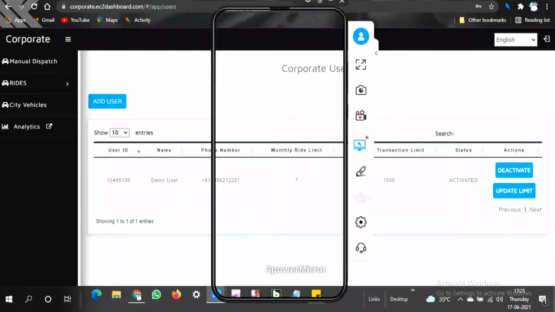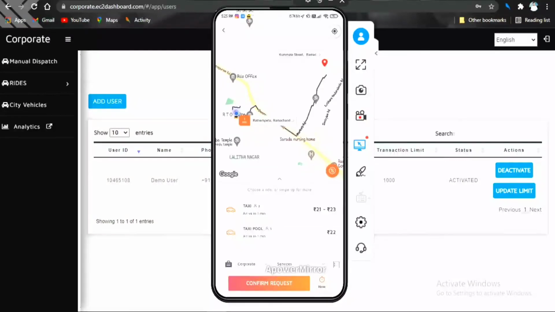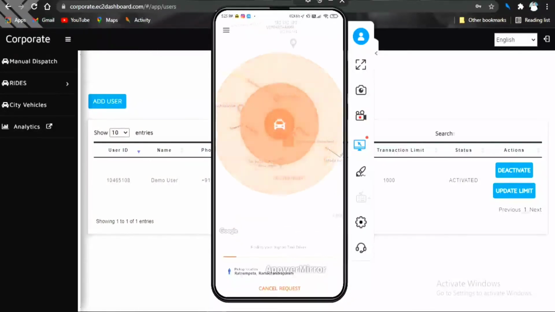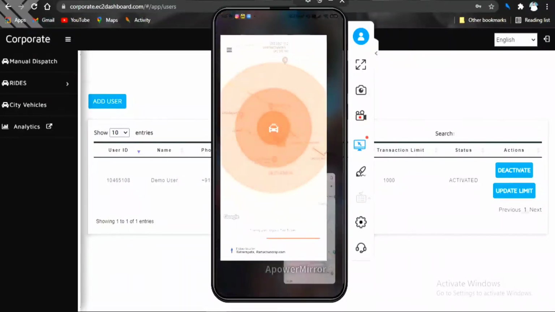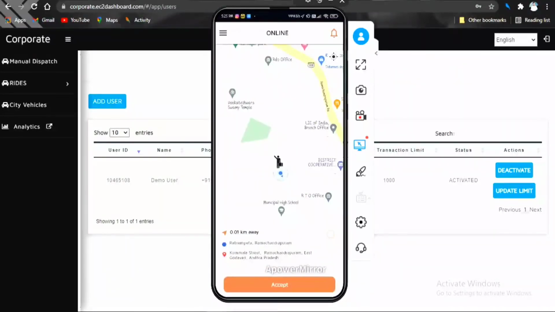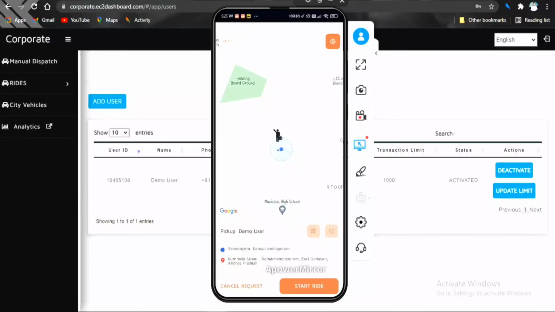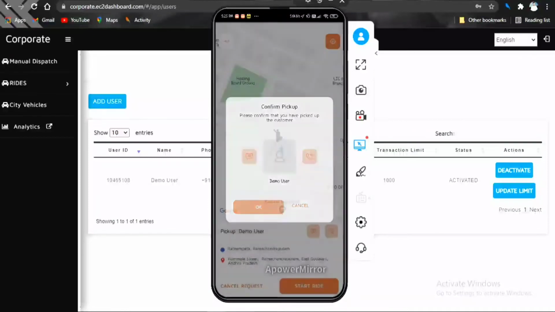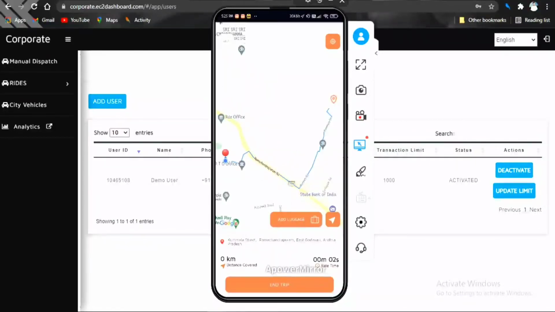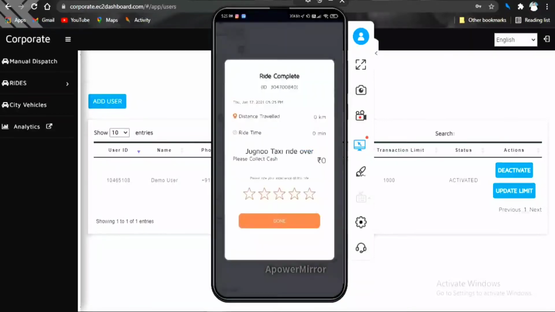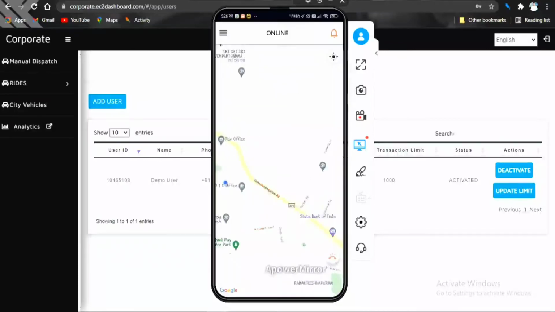So we go back to the customer app and now try to book. Yeah, it simply works. I just have one ride limit. The request goes to the driver, which is the normal flow we follow in a taxi or any on-demand platform. The customer will simply start the ride, and after reaching the destination he will end the trip. But the main thing to notice here is that the total cash he needs to pay is 0, because he used this corporate panel and doesn't need to pay cash.